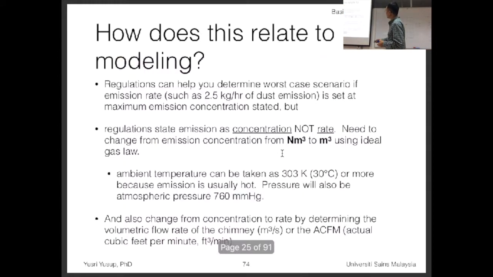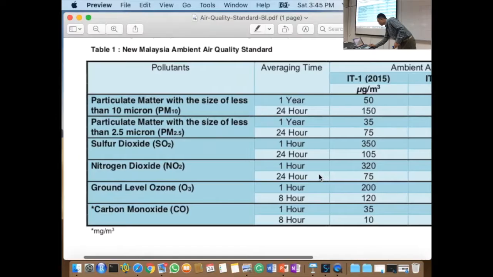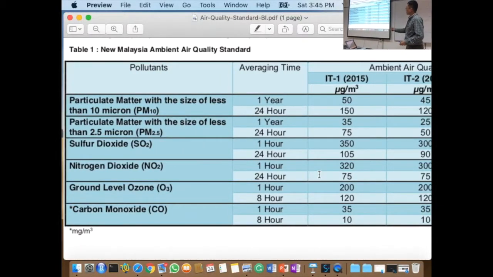So let's look at the new one straight away without wasting time. Again, we see the criteria pollutants: PM10, PM2.5, sulfur dioxide, nitrogen dioxide, ground level ozone, and carbon monoxide. These are the values for particulate. PM10, it's 50 for the 1 year average. 1 year average means that it's averaged throughout the year. Like say you have PM10 values for every hour of the year. Once you average all of them up, you get a smaller value, and that average value cannot exceed 50 micrograms